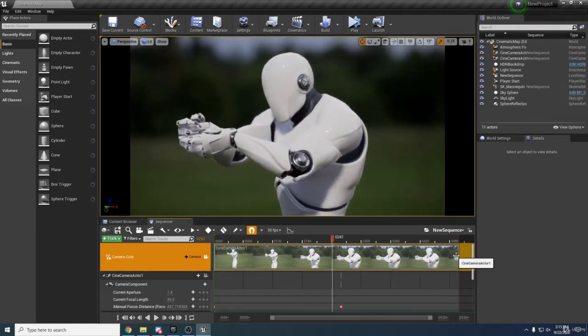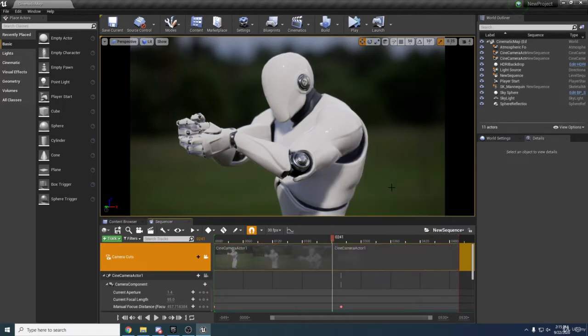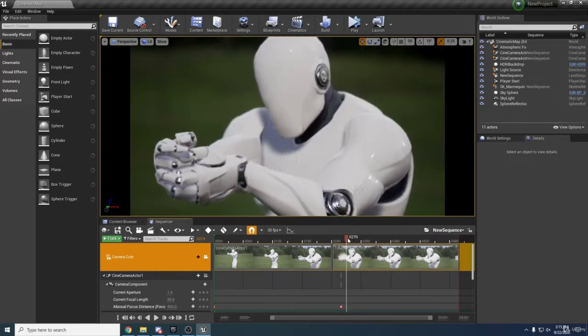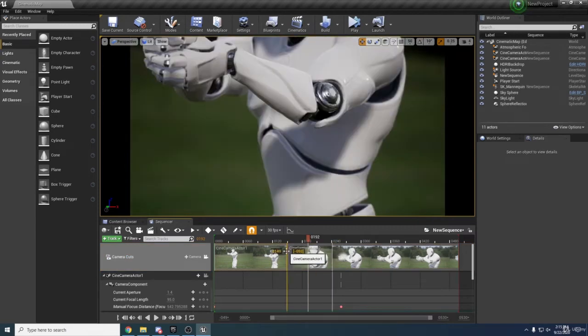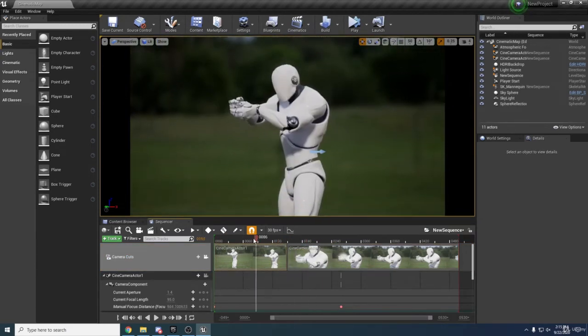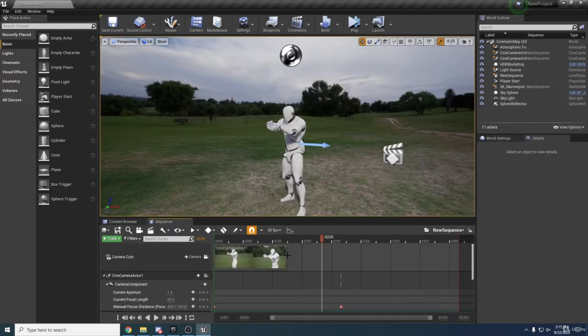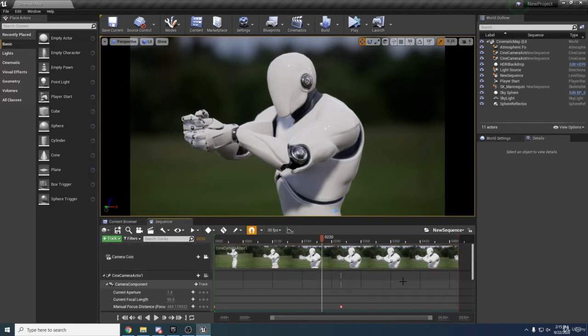Maybe we can also cut the videos in here also, and then basically, let's say we can click split, and we can put, let's say, scene camera actor 02 here, and as you can see, we can get a combination of the two cameras with a cut. But for right now, we are just going to use our scene camera actor 01. We are going to export it, and then we are going to combine it